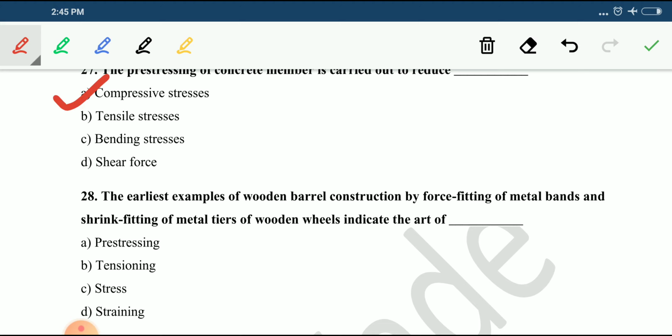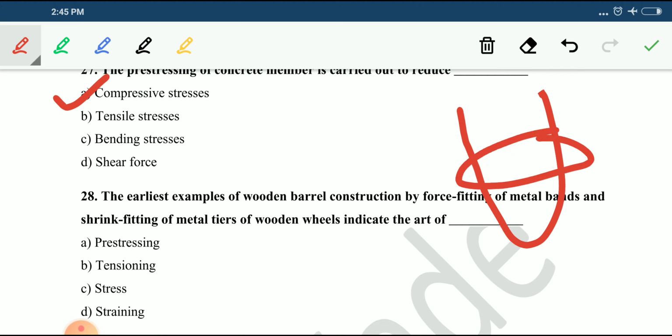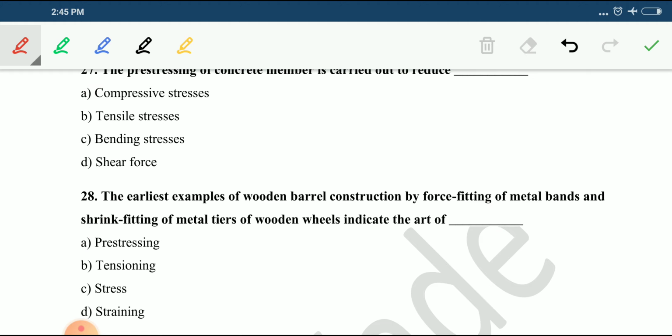The earliest example of wooden barrel construction by force fitting of metal bands, and shrink fitting of metal tires on wooden wheels, indicates usually what? This method is concerned with pre-tension. This is the example for pre-tensioning. Okay. Next,